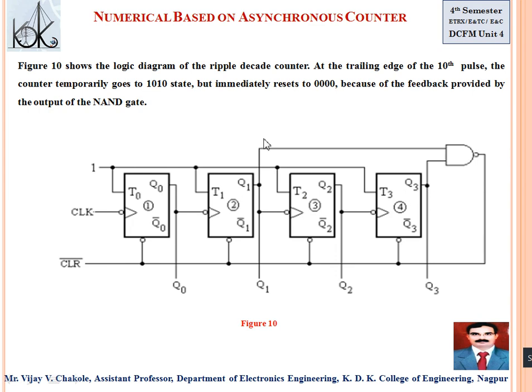Here in the design we have to use 4 flip-flops. I am using 4 T flip-flops: flip-flop 1, flip-flop 2, flip-flop 3 and flip-flop 4. T0, T1, T2, T3 are the inputs, and all these inputs are connected to logic 1. Q3, Q2, Q1, Q0 are the outputs. Negative edge clock pulse is used, the output is taken from Q, and it is cascaded from Q. That's why this is an up counter.